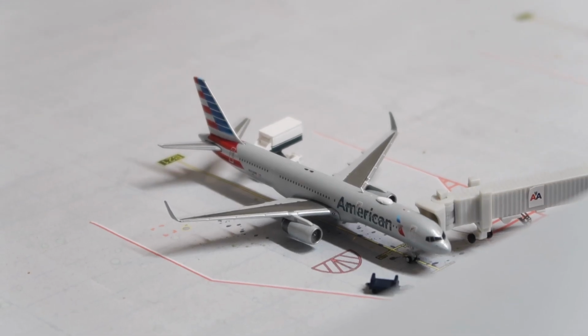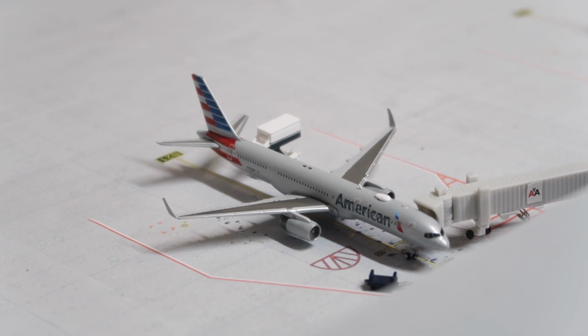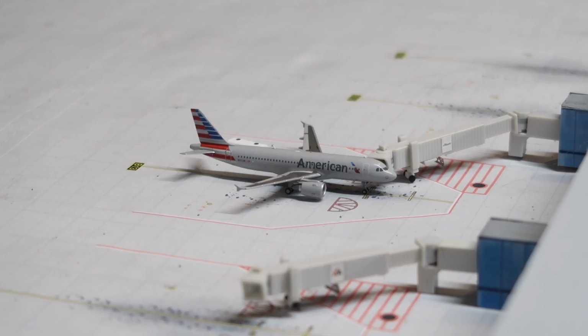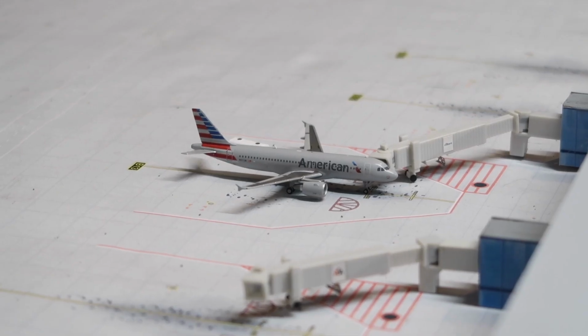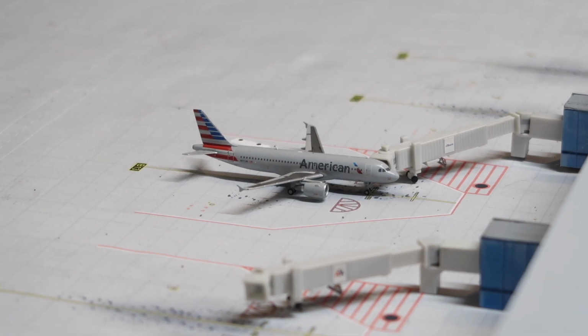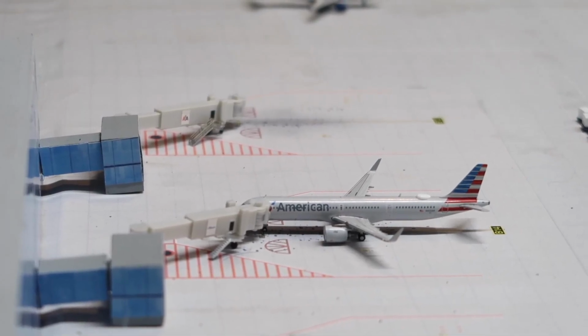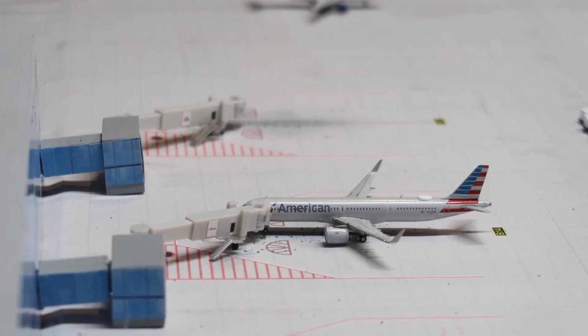And next to that over there is an American 757-200 getting catered for the flight to San Francisco. Then at the end of this side of the terminal is an A320 being refueled for the return flight to Miami. As you can see, the fuel truck is over there. Then here's an American A321 with sharklets deboarding all passengers from Vancouver, and this is requested by Aviation Productions